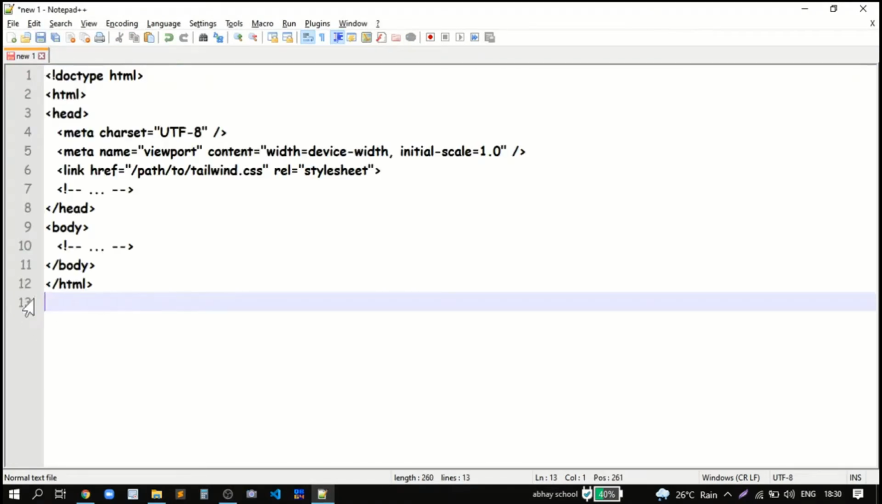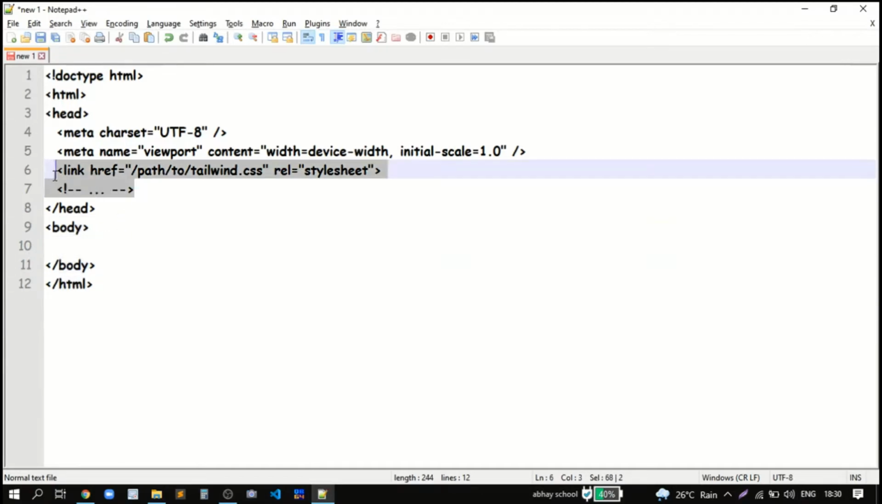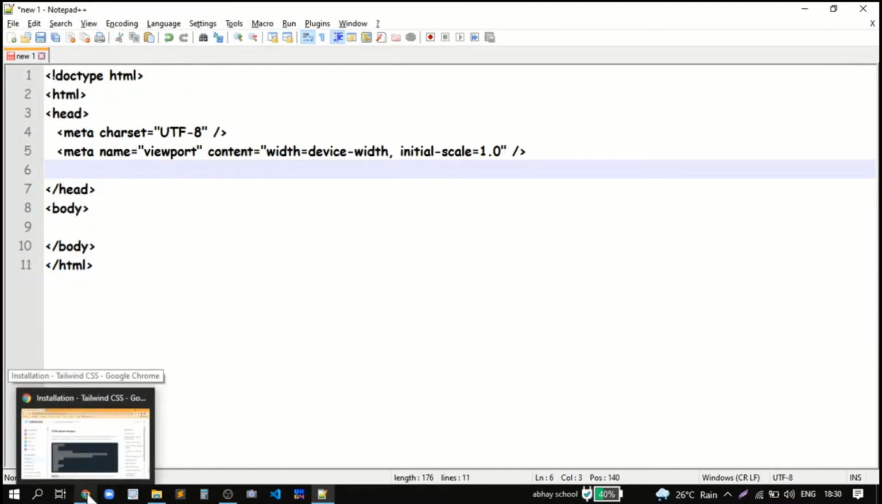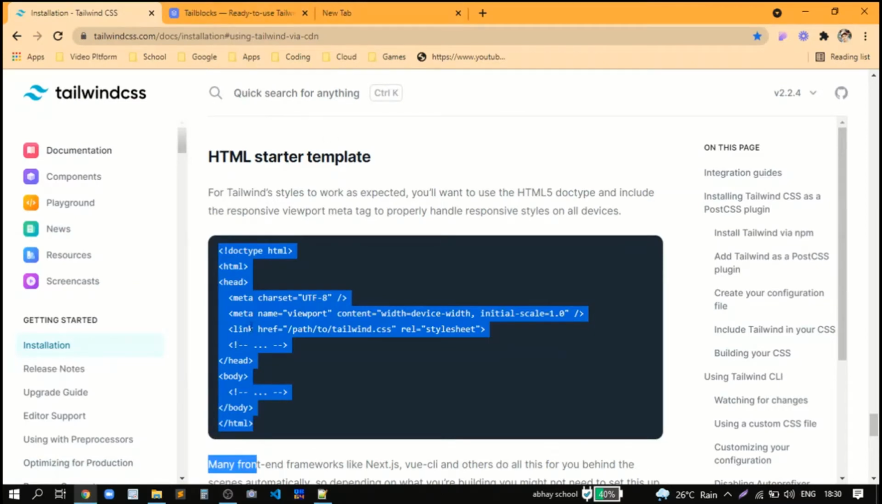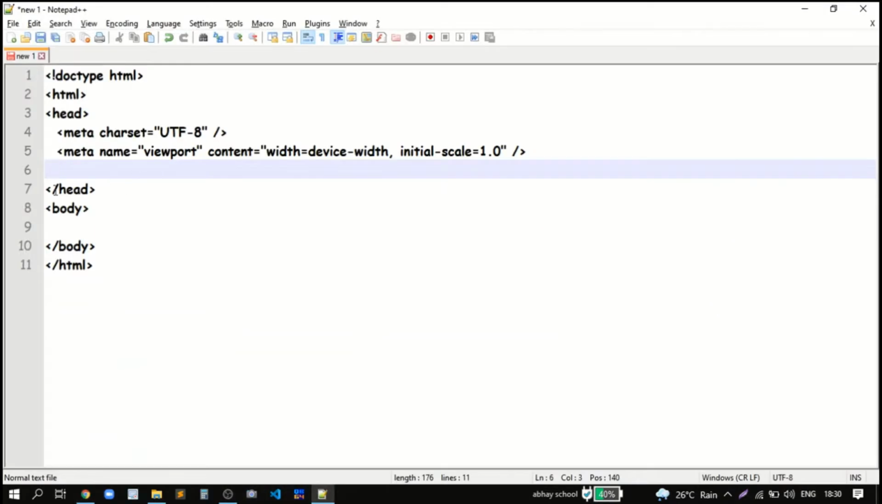Now you have to delete this and the link over here, this exclamation and the link. Don't forget, if you keep anything it won't work. Do as I say. Now here you have to copy this link and again go paste it in this. Now you have to save